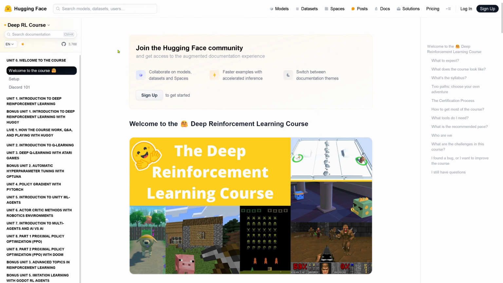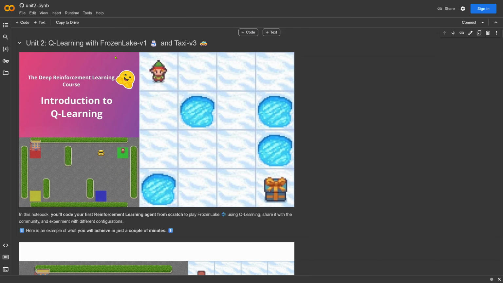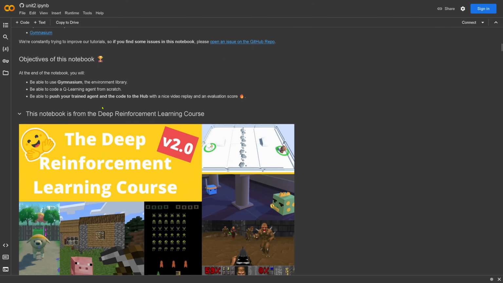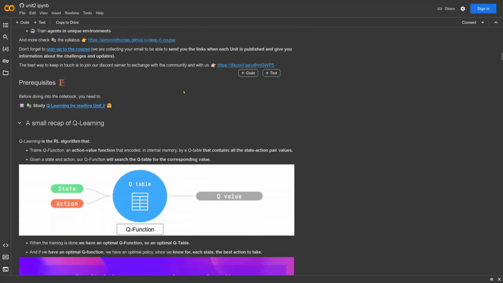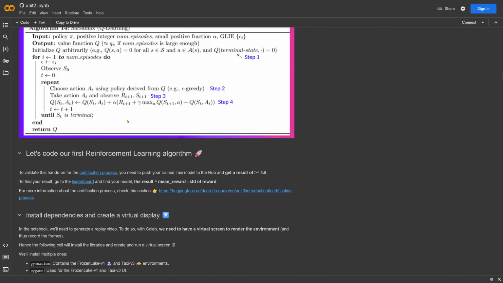Of course, if you want, you can also go with Hugging Face. They have the deep reinforcement learning course with a lot of beautiful code implementation. You just choose whatever you want to learn, and you see here the explanation and the code. Just to show you, you have here, for example, Python notebooks where they explain it to you, they give you the overview, and then you have the explanation again. Somewhere should come the code, they have the pseudocode.